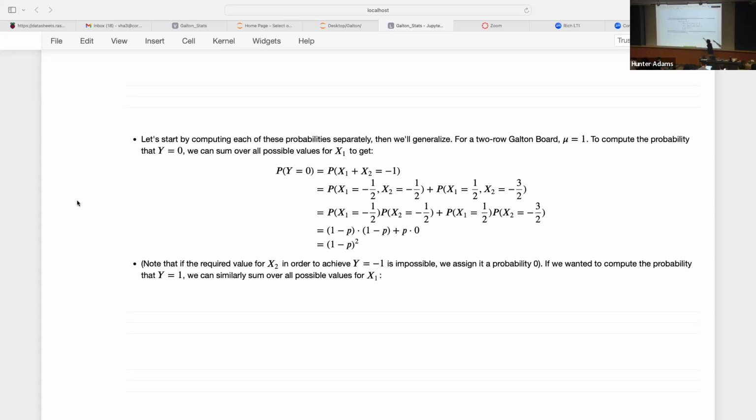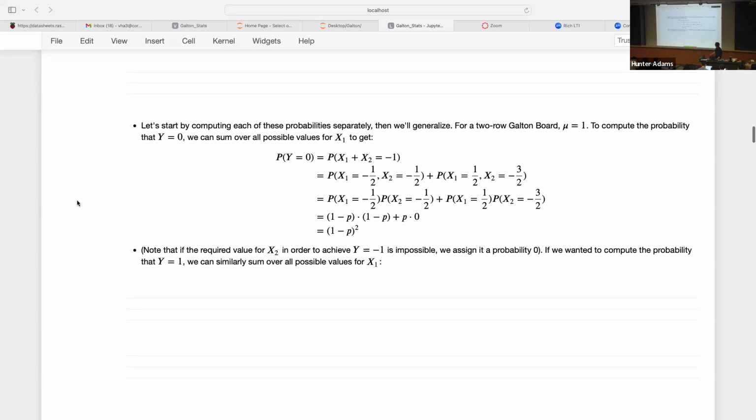So for example, let's suppose we're computing the probability of landing in bin 0. Well, that's the same as asking, what's the probability that x1, our first Bernoulli trial, plus x2 is equal to -1? Right? What's the probability that we bounce left 2 times? And we could rewrite this. That probability, the sum of those two being -1, is the same as the probability that x1 is -1/2, we bounce left, and x2 is -1/2, we bounce left again,